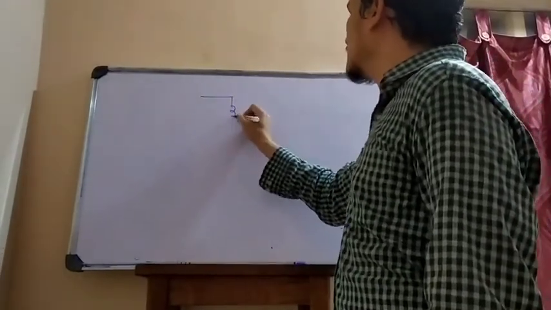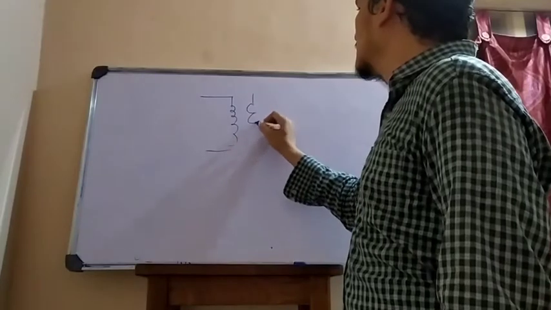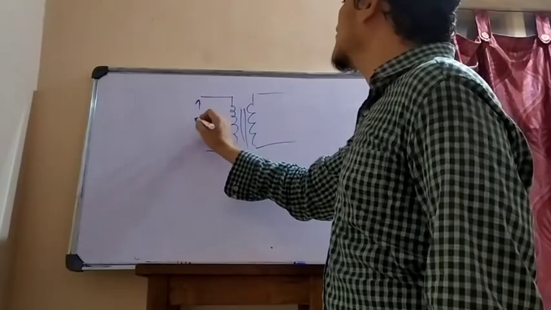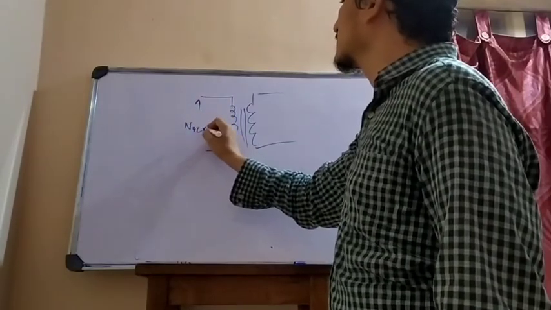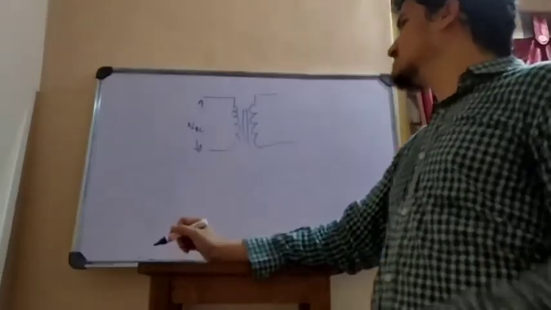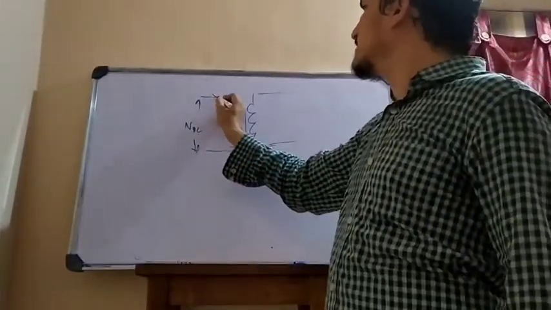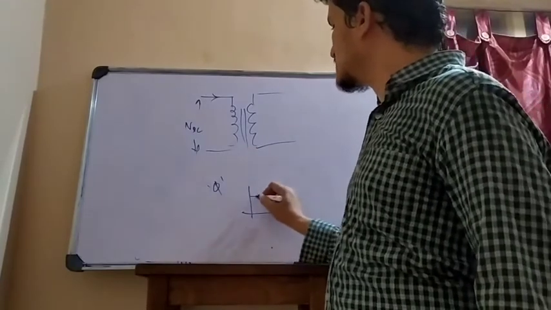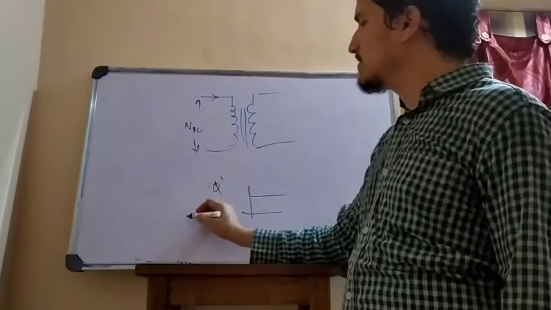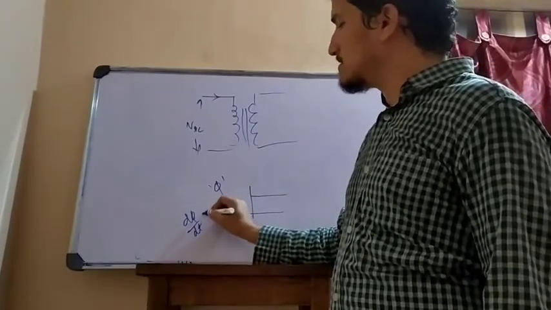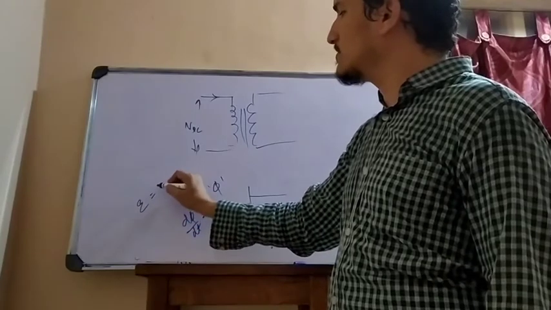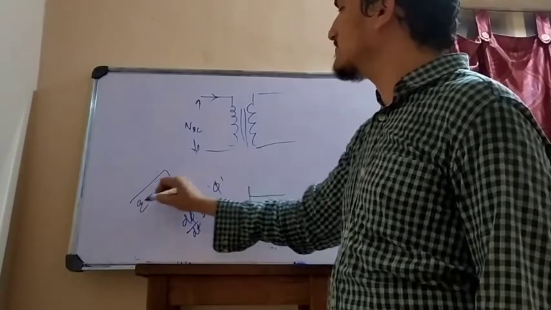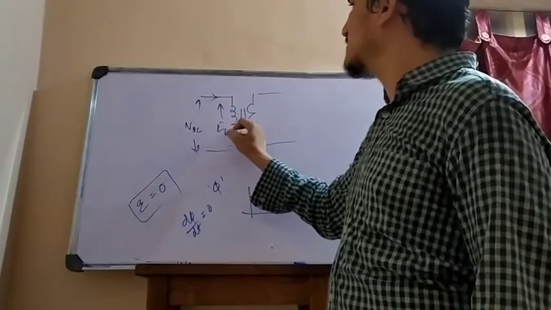So this is the transformer coil, the primary winding. If I give a DC circuit, VDC, to this, what will happen? A DC current will flow through this, so a DC flux. DC flux means it is also a straight line. It will not vary with respect to time. So d phi by dt is what? 0. Hence the EMF induced, given by N into d phi by dt, is also 0. So E1 is also 0.